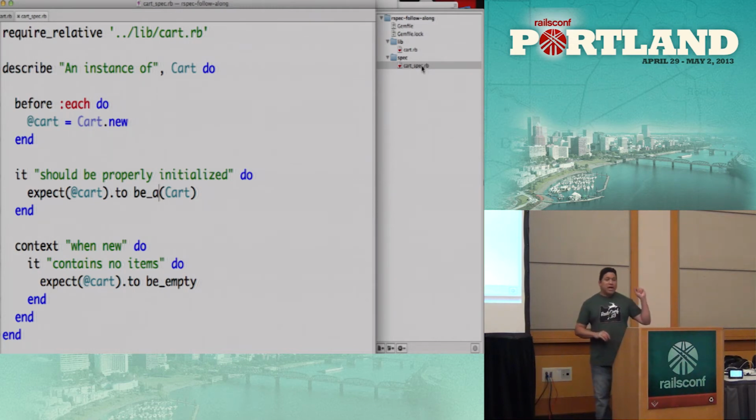So notice, anybody use require_relative before? It's kind of the new kid on the block when it comes to requiring a file, but it allows you to not have to find out the root folder of your application, and it just requires something relative to the actual file you're working with. And you only have to do that here because we don't have Rails scaffold around RSpec in the Rails classes to basically do everything for you.